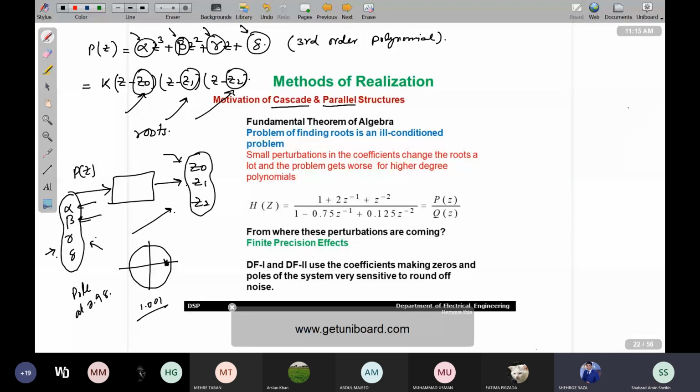सर अगर हम लोगों के पास ये इश्यूज आ रहे थे तो फिर हमने डायरेक्ट फॉर्म 1 और 2 क्यों पढ़ा है? डायरेक्ट यही पढ़ लेते, क्योंकि उसमें तो हम लोगों को एग्जैक्ट जीरोस और पोल्स तो पता नहीं चल रहा था,